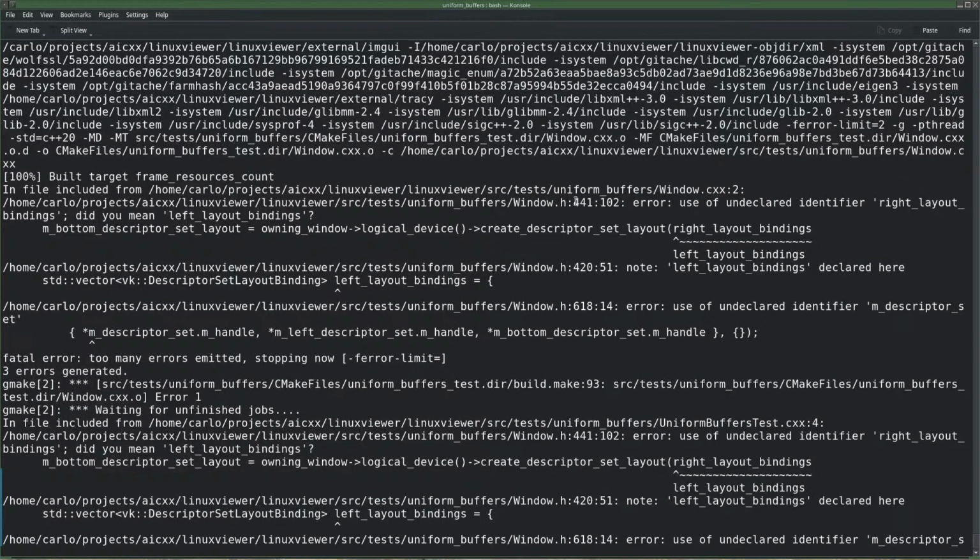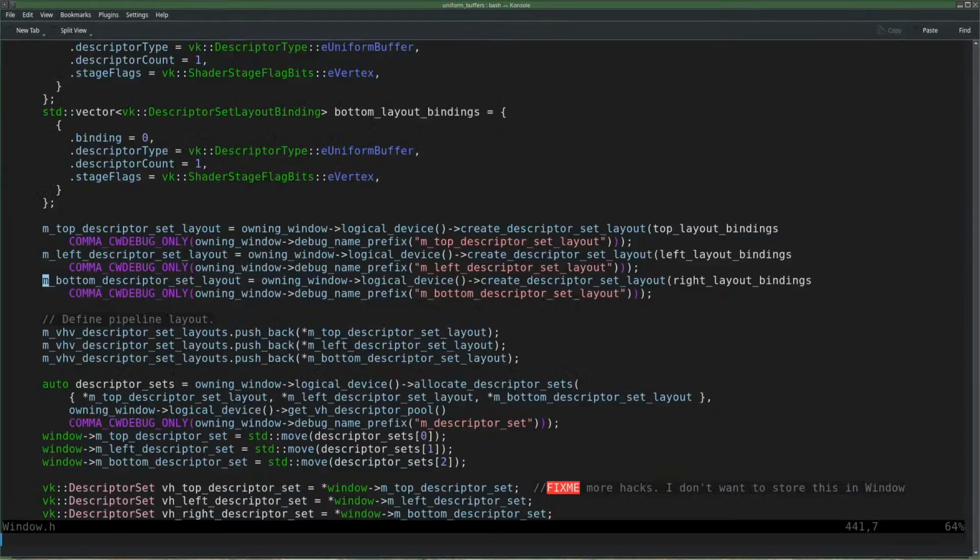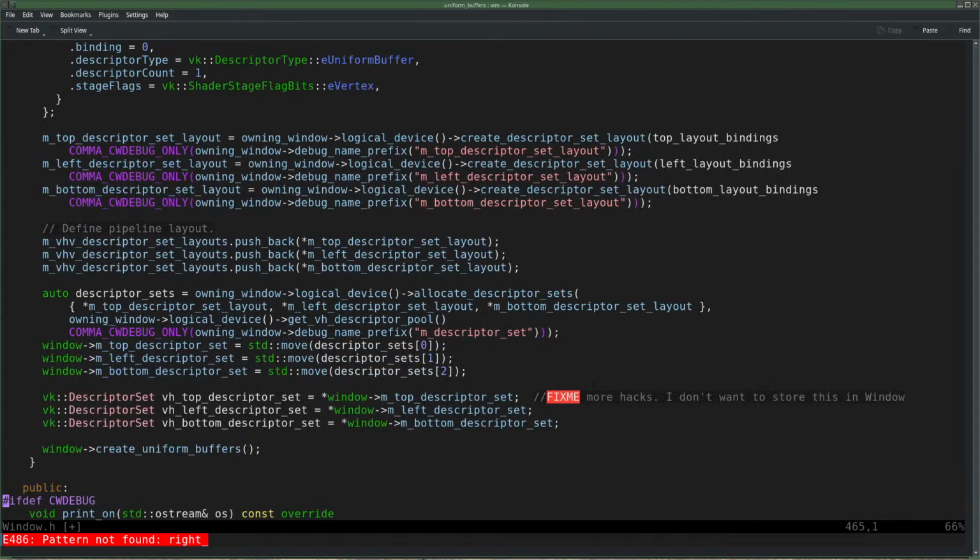Use of undeclared identifier right layout bindings. I guess I forgot one. Bottom, right, bottom. I'm not doing anything with these descriptors. Why?